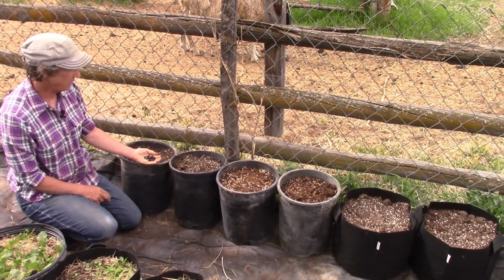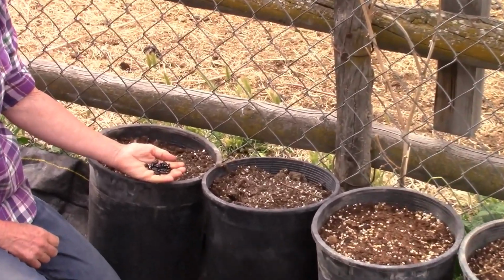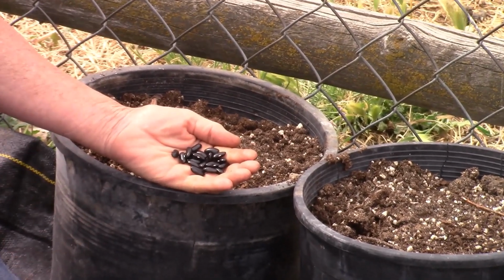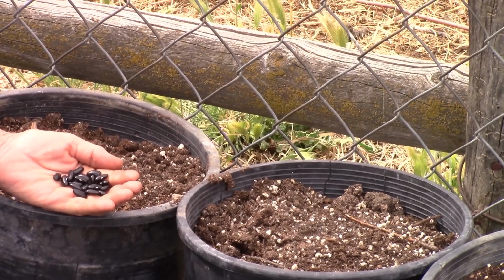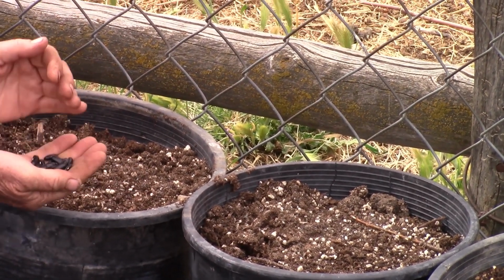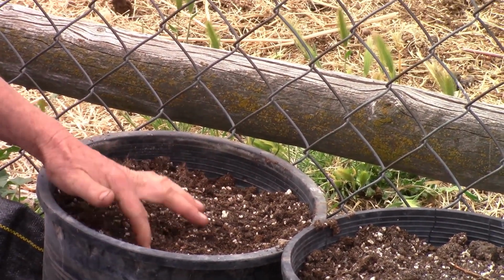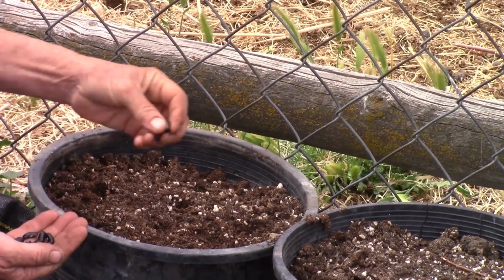Alrighty, we are here in the beans. These are going to be pole beans. This is one called Black Cobra, and it's one of my favorite pole beans, and I want to grow it here against the fence. Hopefully the sheep won't eat the plants on the other side, but we're going to go ahead and plant those. Now what I want to do here is I want to put 10 in here, so I'm going to put 4 down the middle and 3 down each side, and I'm going to drop these seeds in